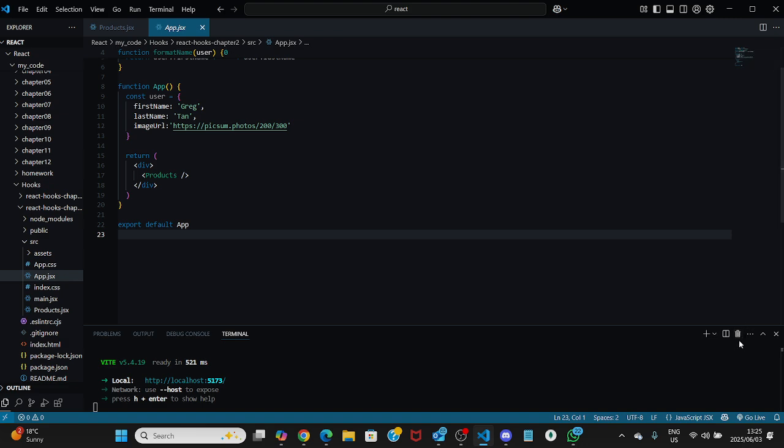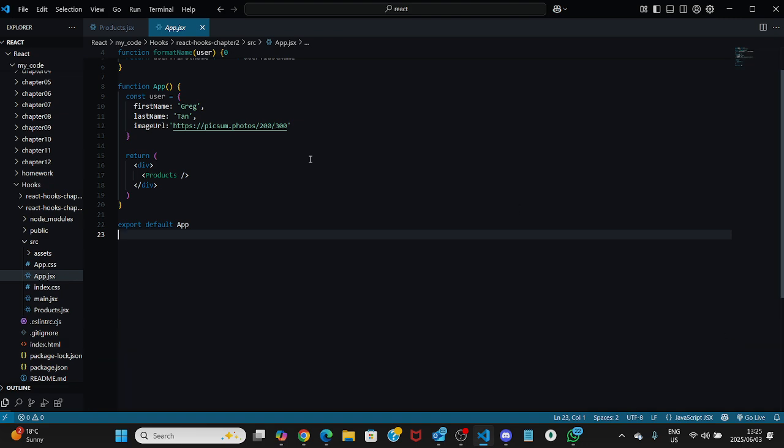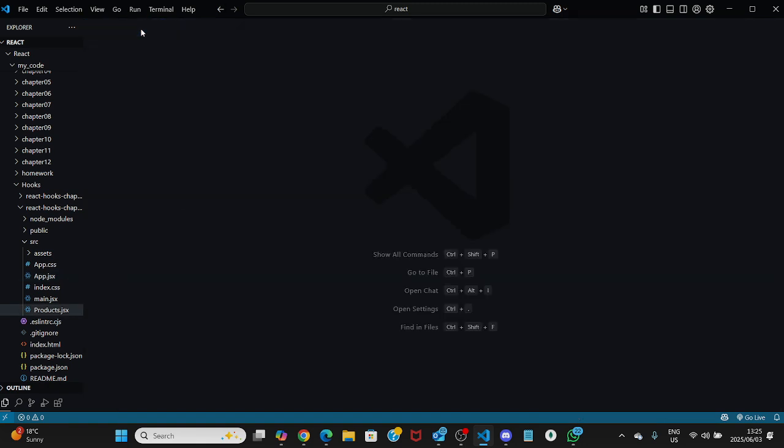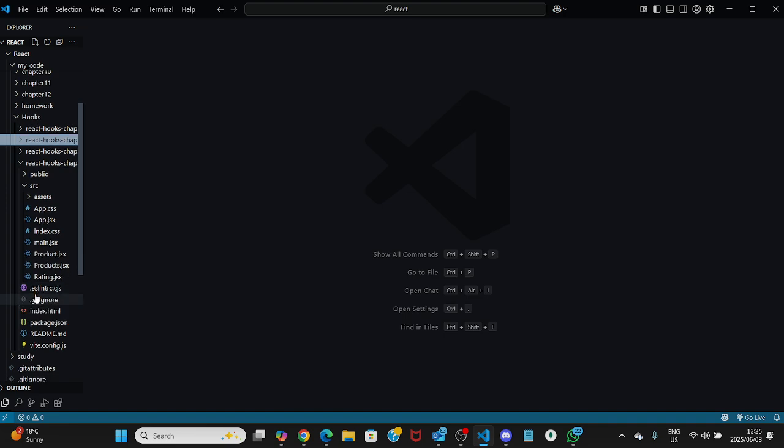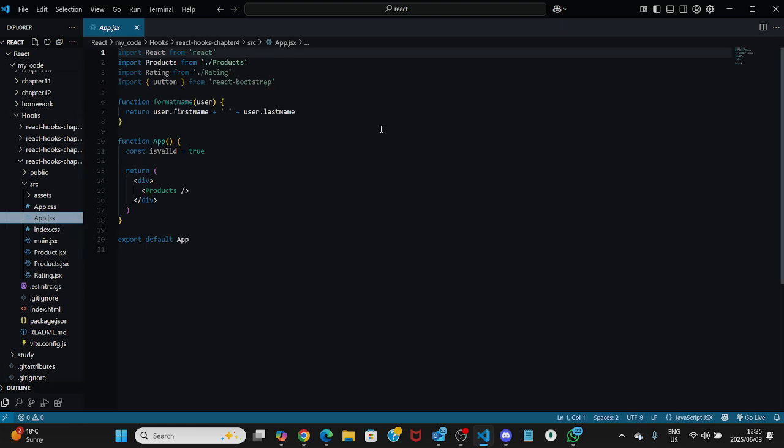So now we are going to move on to chapter 3. So over here in chapter 3, here we've got the app.jsx. So here we are importing our dependencies and it brings in React, ratings and products, and a bootstrap button component. So it defines a JavaScript function, the formatName,